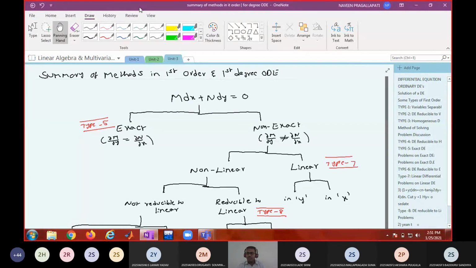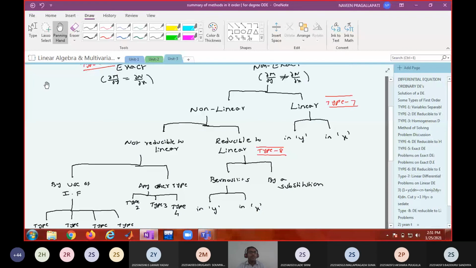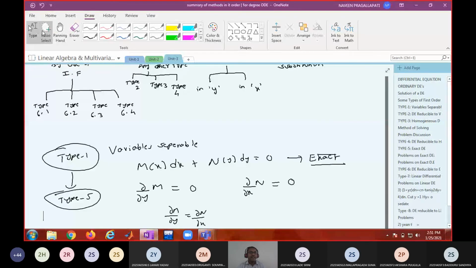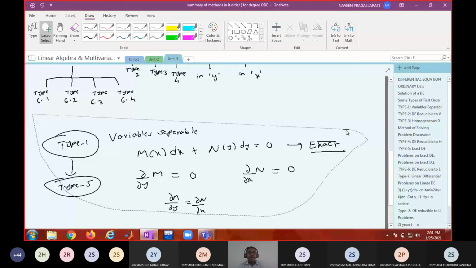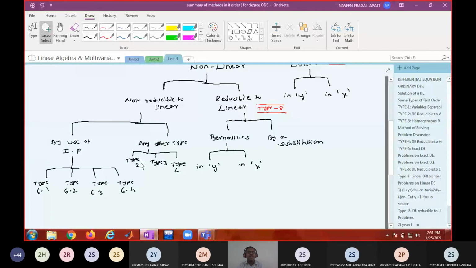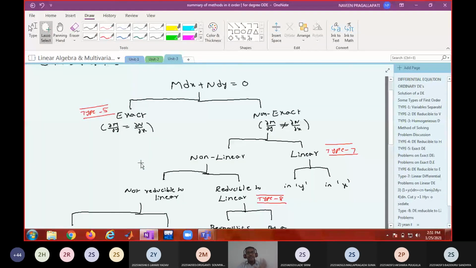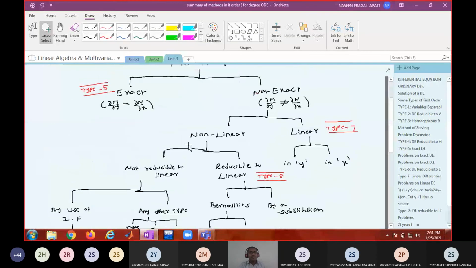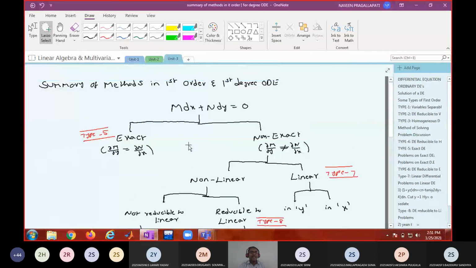All of you, do you write down this tree diagram in your notebook? Not only for mathematics, you can develop tree diagrams for other subjects also. After the end of the unit, try to summarize your understanding in the form of a tree diagram, so that you get a better understanding and see the insight. And you will see the different relations between the concepts.